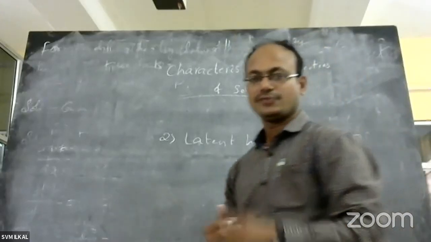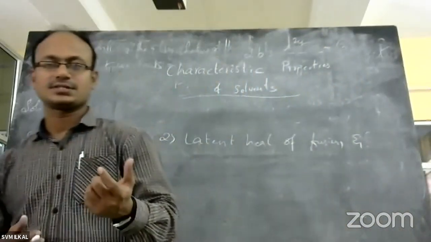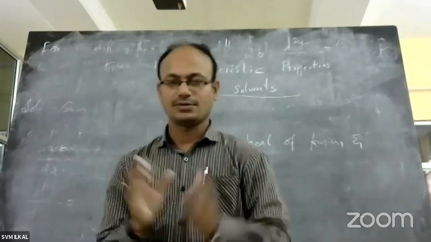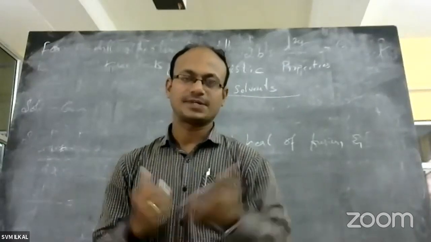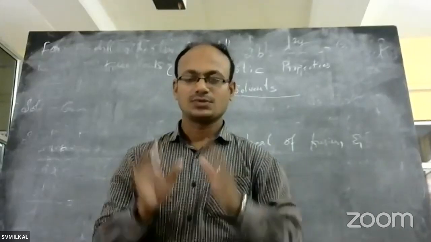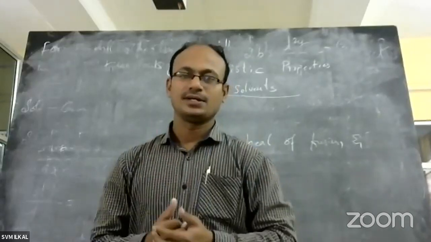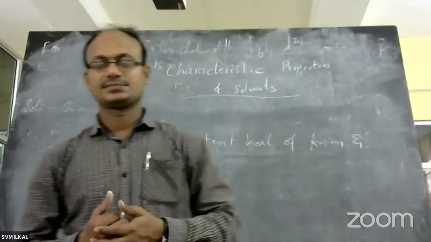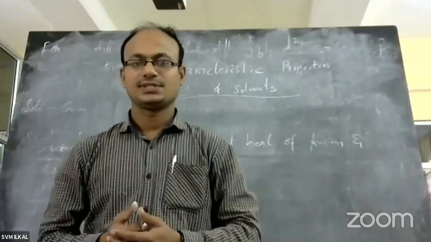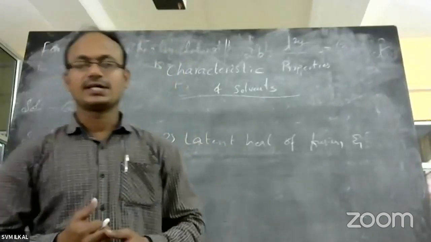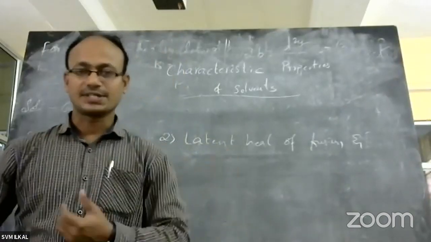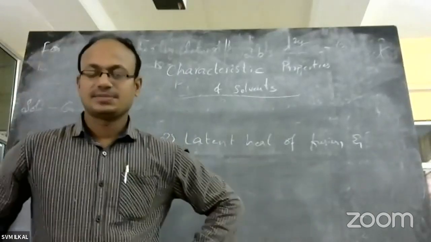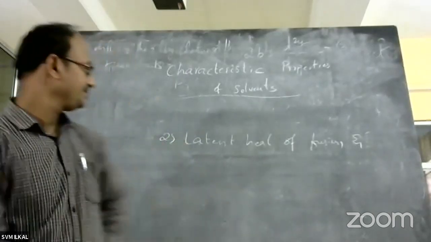So for a particular substance, we provide a particular temperature or pressure, and under such circumstances only we can see the nature of the solvent. So it is what we call the heat of vaporization. Okay. So now another term comes,